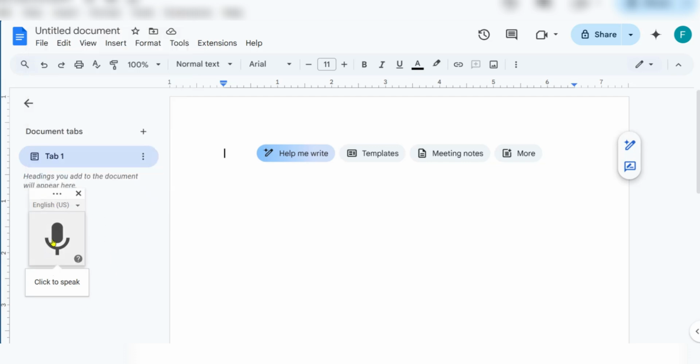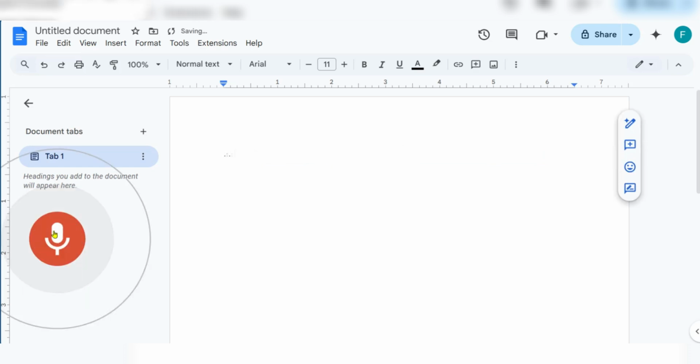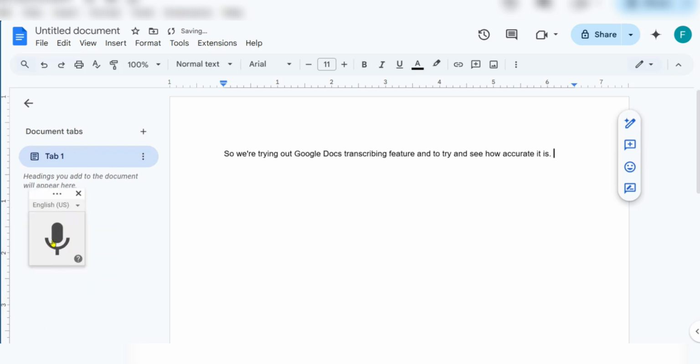Now you can click on this to speak and we're going to try it out. So we're trying out Google Docs transcribing feature and to try and see how accurate it is. So we just pressed on it again to stop recording and you can see, so we're trying out Google Docs transcribing feature and try and see how accurate it is. This is good. So this is how you can get to transcribe with Google Docs, but let's try it out